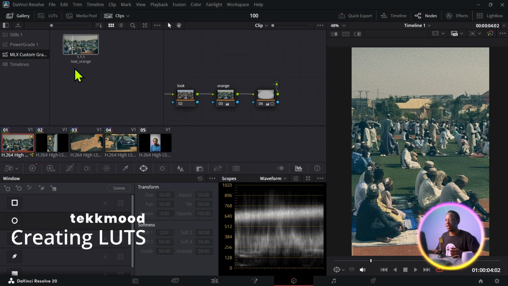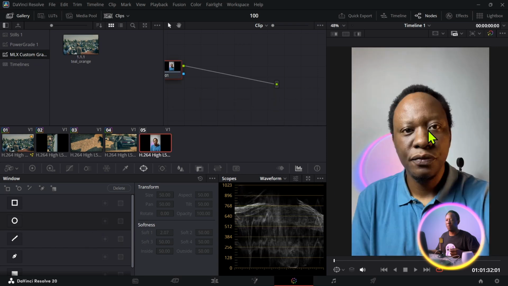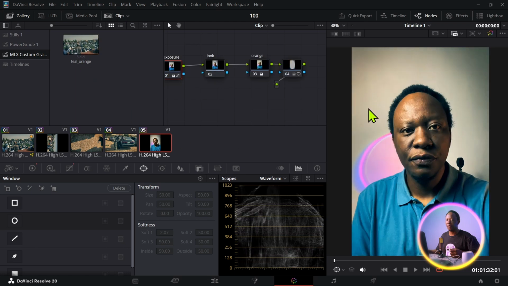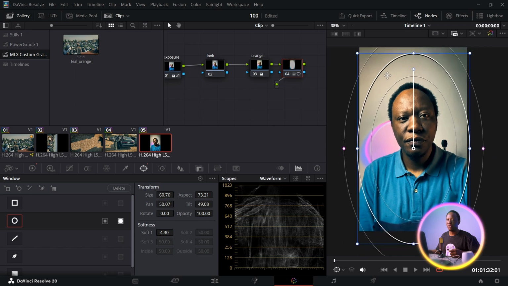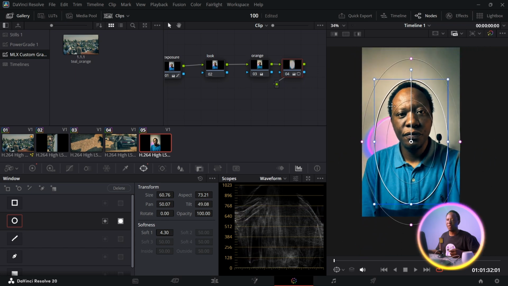Let's create PowerGrades so that we can use a color grade we've created in other projects easily without having to always start from scratch. So in this example, you can see I have this teal and yellow in a custom folder, and all I can do is go to a clip. Once I'm in that clip, if I middle mouse click on this, it's now applied this color grade on this clip. I can always go back and make a few changes to anything I'd like to change,